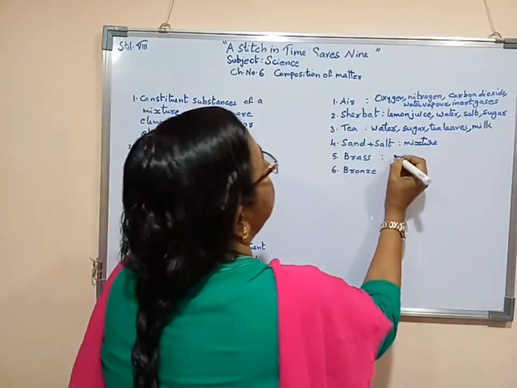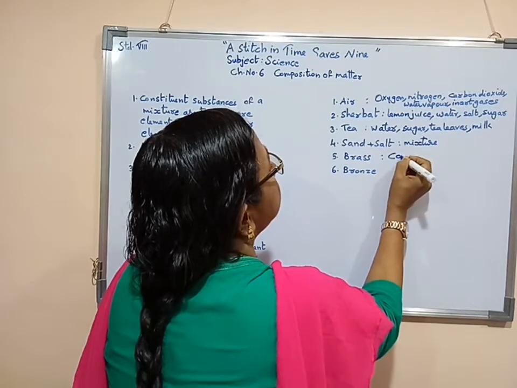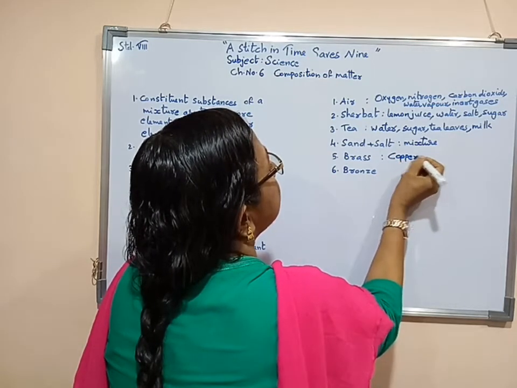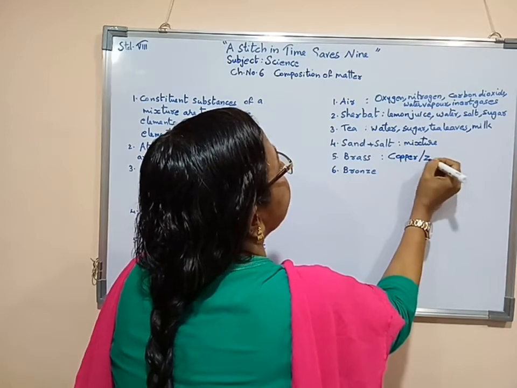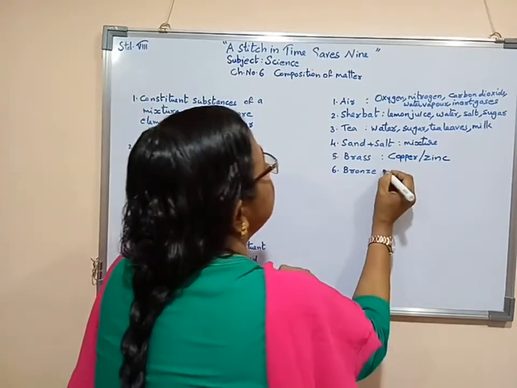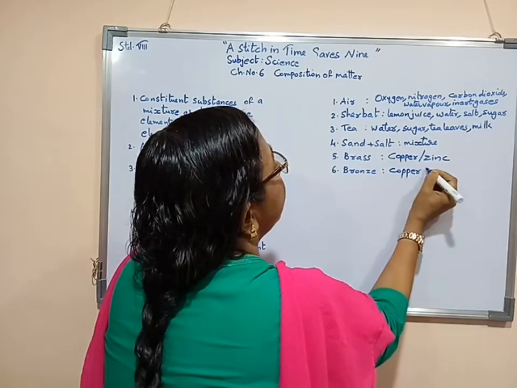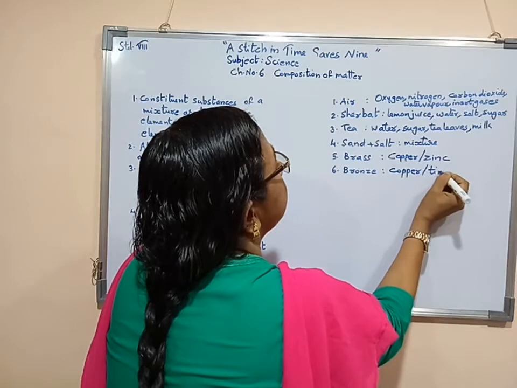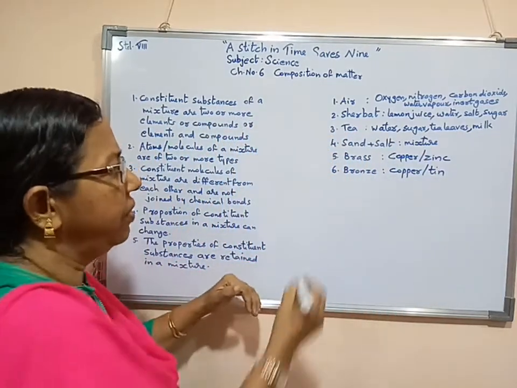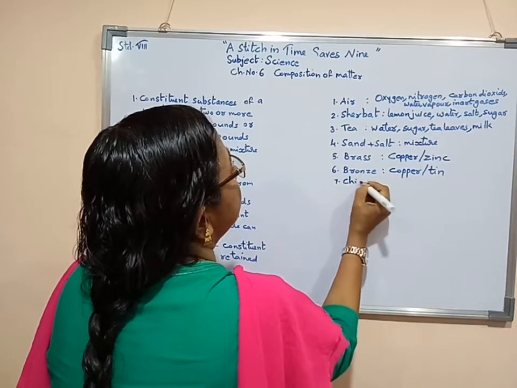Now brass is a mixture of copper as well as zinc. Now bronze is a mixture of copper as well as tin. Even chivda we can say. Chivda,